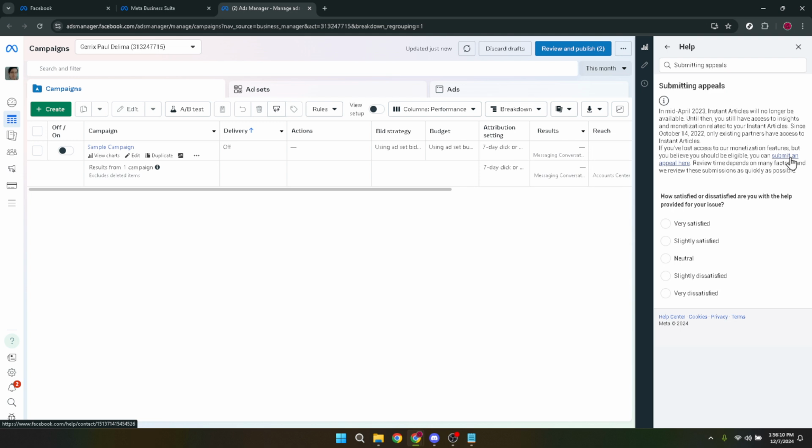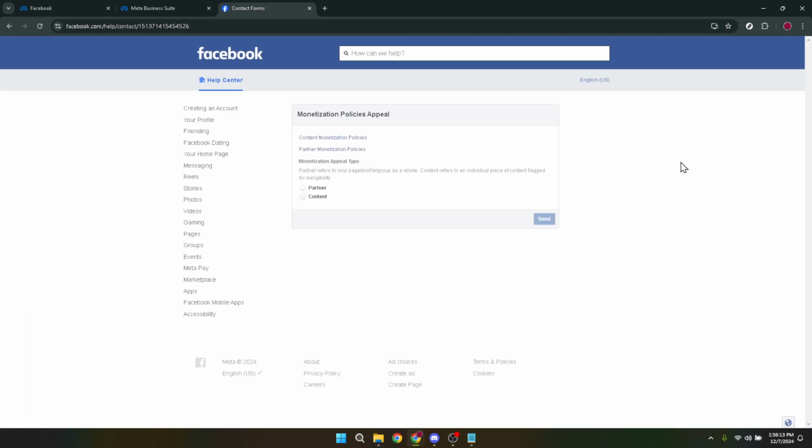Once you click this link, you'll be directed to a form specifically designed for appealing Facebook's decision. Filling out this appeal form requires careful attention. You'll need to provide detailed information about your ad account and the decision you're appealing. Be as clear and concise as possible. Describe the situation, why you believe the decision was made in error, and any additional information that could help your case. This could include details about your ad campaigns, your business, and how you comply with Facebook's policies. Visual aids or screenshots can also be incredibly helpful if the form allows attachments.